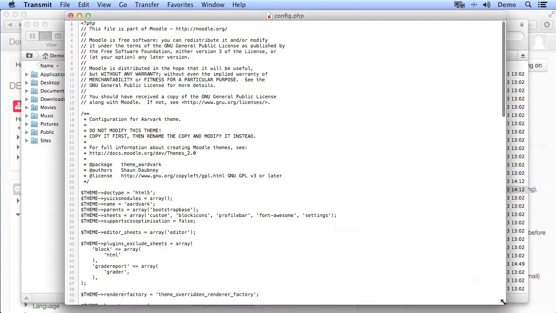So we'll expand this a little bit. The first thing we need to do is go down to the theme name and update that. So this is Peter's theme. And it's important here that we choose the parent theme, which is the theme we're inheriting from. Now, Aardvark already inherits from Bootstrap base, so we need to add Aardvark in here. So I'm going to add Aardvark,